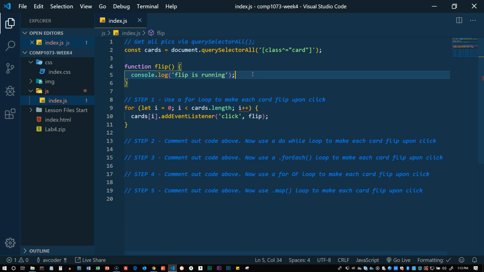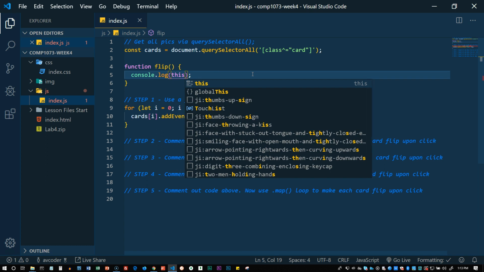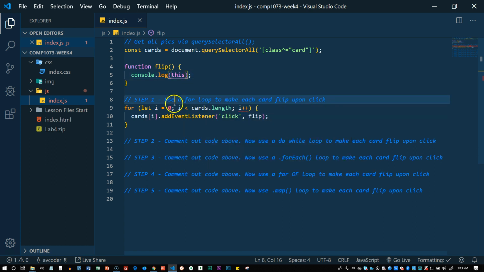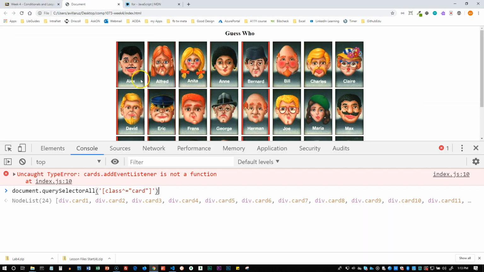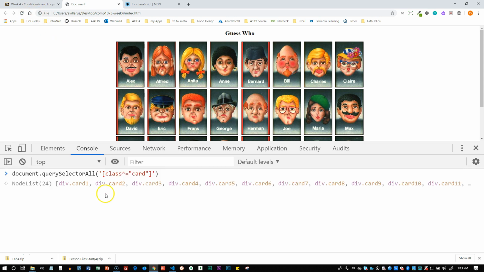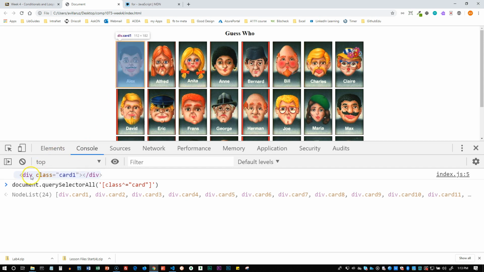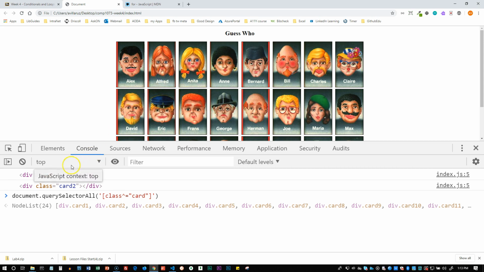There's a couple of different ways, I suppose. But let me try this on you. Try this. console.log(this). Show of hands who's learned the keyword this in other languages. Yeah. Okay. So let's see what happens. If I click on this guy, Alex, I get the div of that Alex. If I click on Alfred, I get the div of that Alfred. Notice how it's highlighting each time. If I click on David here,